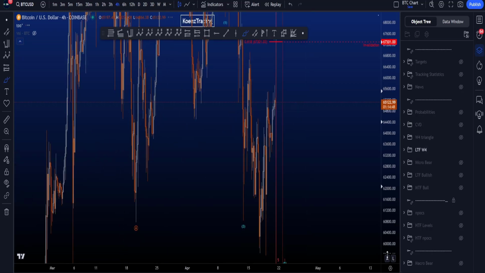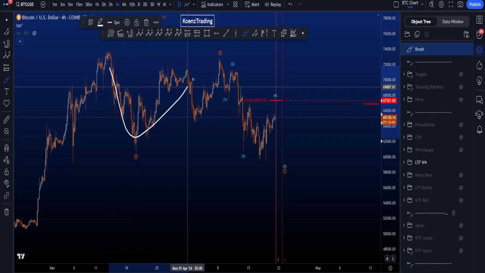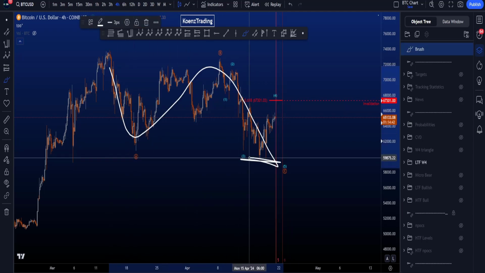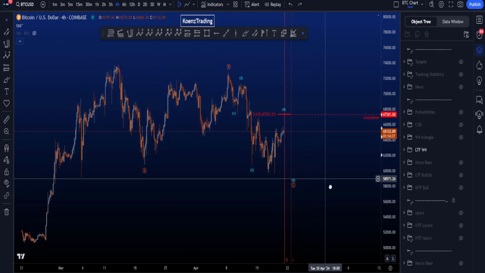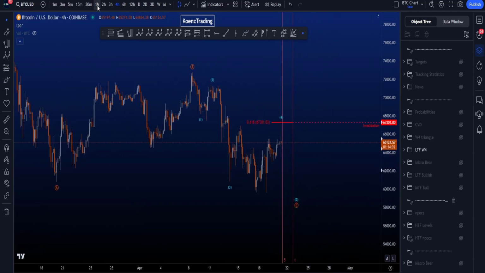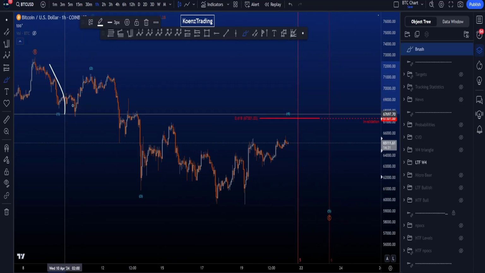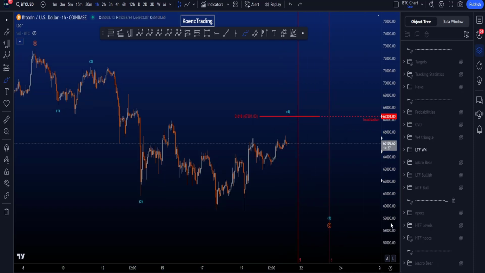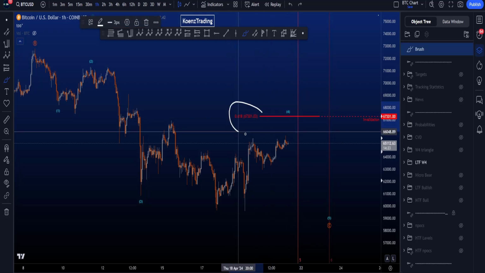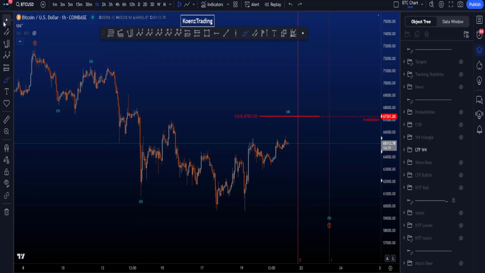The bearish scenario, which eventually would still be bullish, but in the bearish scenario, we have an unfinished regular flat where we still expect price to take these lows before then continuing the trend towards the upside. We have a 5-wave impulsive structure in this wave C, which is not yet finished. So we have our wave 1, 2, 3, 4, and then eventually expect another 5 to the downside, where the invalidation for this wave 4 is the 0.618 Fibonacci taken from the high to the low of this wave 3,